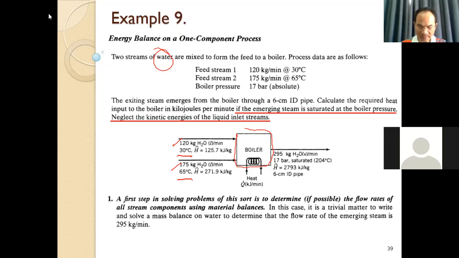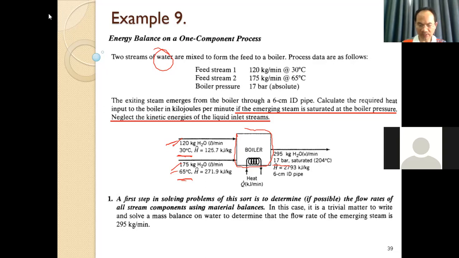Sorry. The inlet feed stream 1 is 30, stream 2 is 65, and the outlet is 17 bar. That's right, 17 bar. Okay, and also we know